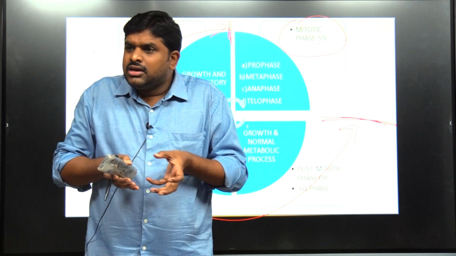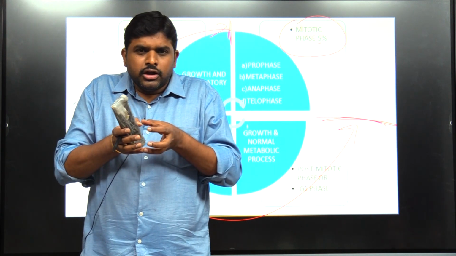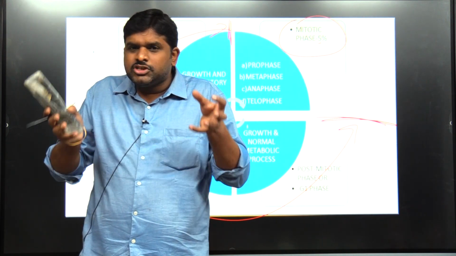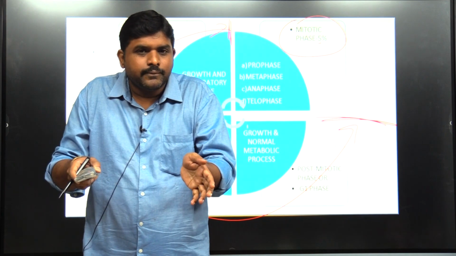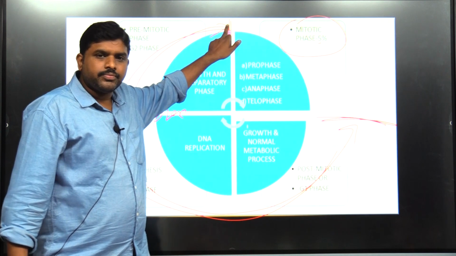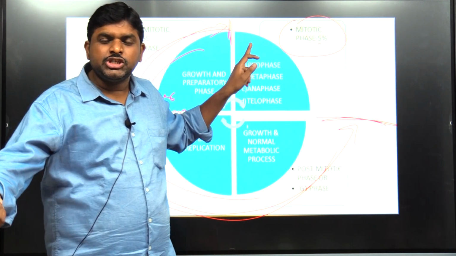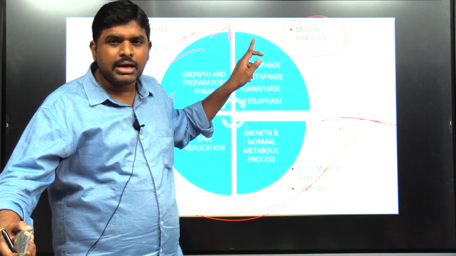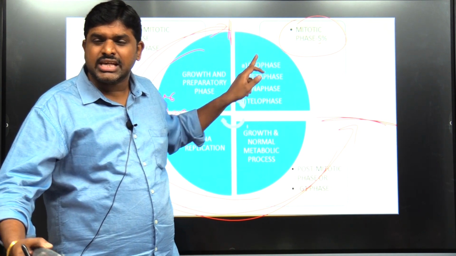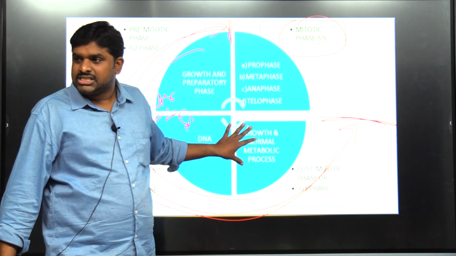Before division the number should increase, no? Before the nucleus division happens, before cell division happens, first the chromosomes should be divided. So the chromosome division happens in this S phase. So in the division of chromosomes, what replication should happen? DNA replication is happening. So where is the DNA replication happening? In interphase, the S phase, which is called the synthesis phase.